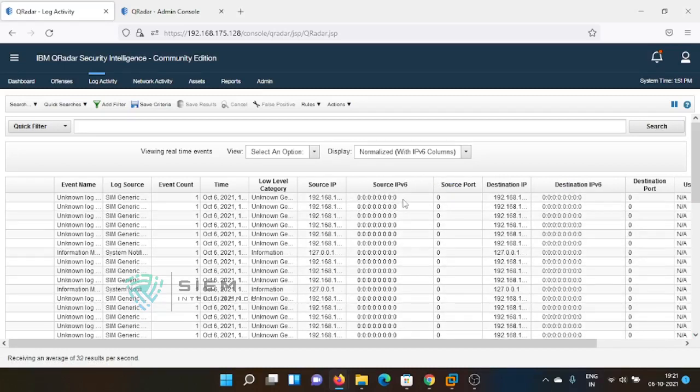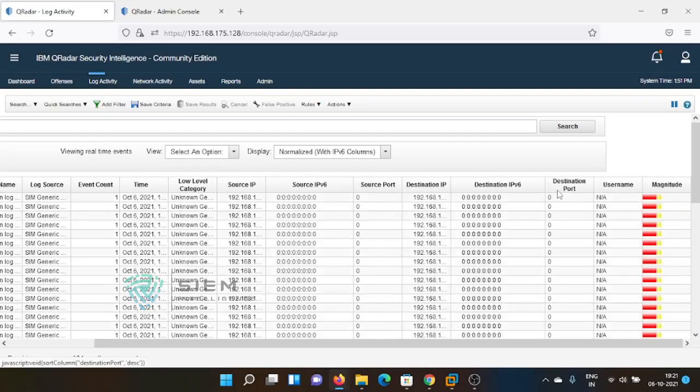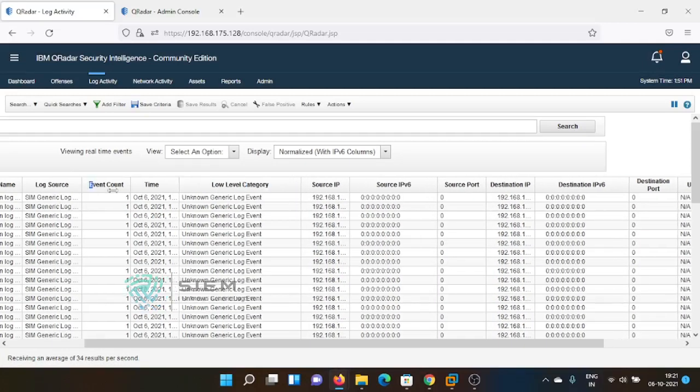It's giving 0.0.0.0. If nothing is there, either it will give 0.0.0.0, or it gives something like NA. If it is unable to understand anything, the port is always something numeric, and the IP is also something numeric, that's why it is giving 0.0.0.0. Username may be numeric, may be a name, or a word, so that's why it is giving N/A. Okay, so we will start from now.